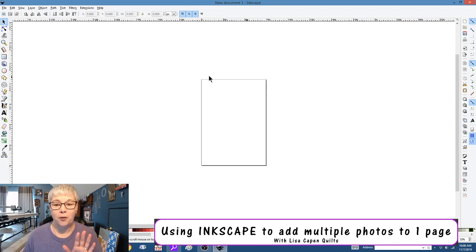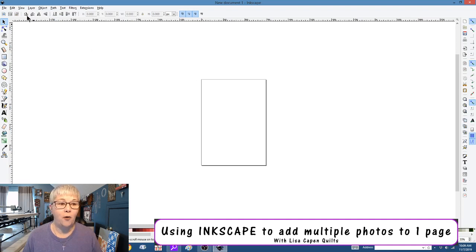Now you notice this little box right here in the middle of your screen. That is your page. And everything else is your canvas. So the very first thing I like to do is to change my page dimensions. Upon default, your page is going to be like a letter size or legal size. Okay, so anytime you get ready to manipulate your photos, when you open Inkscape, the very first thing I like